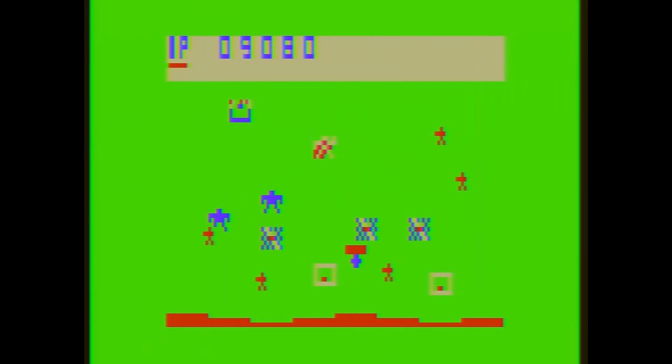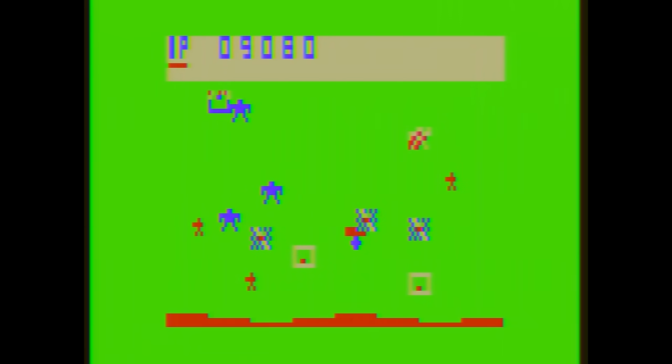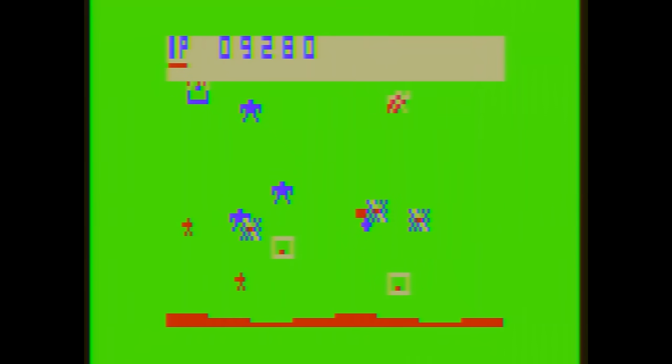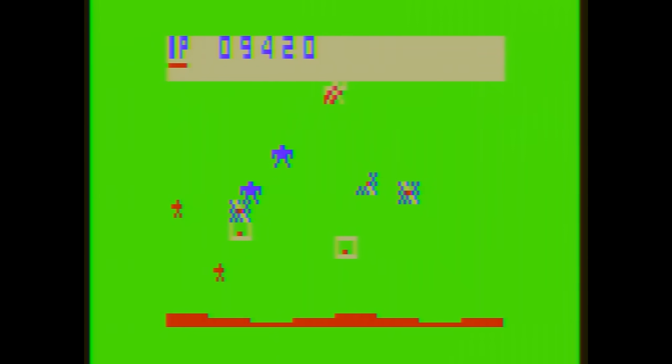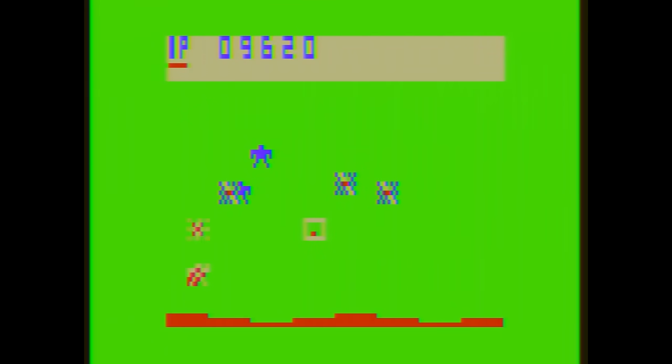It also doesn't help that each level appears to begin in more or less the same state each time you play, with enemies and innocents alike always appearing to spawn in the same spots. The more you play, the more opportunities you have to memorize each stage's layouts and concoct strategies. It's about as good a take on Robotron 2084 as you can expect on a system like this, so as